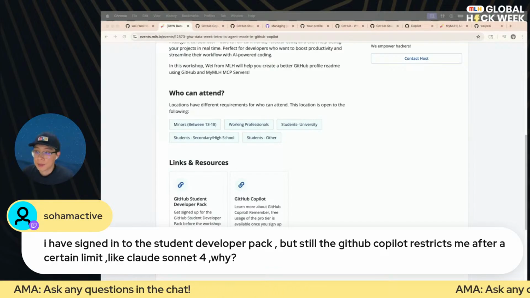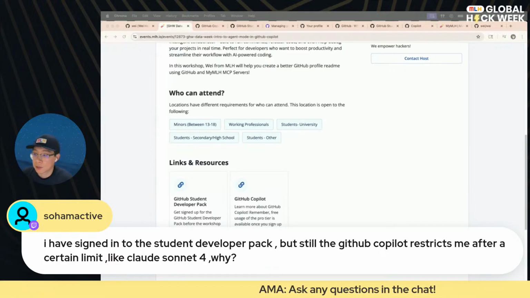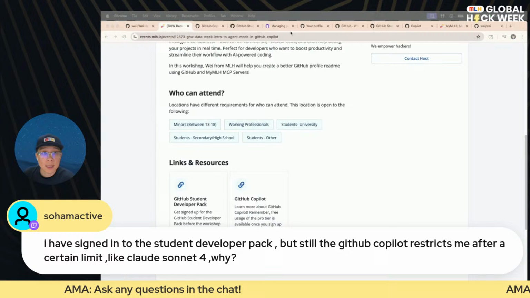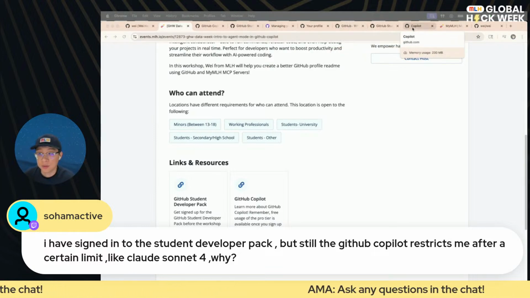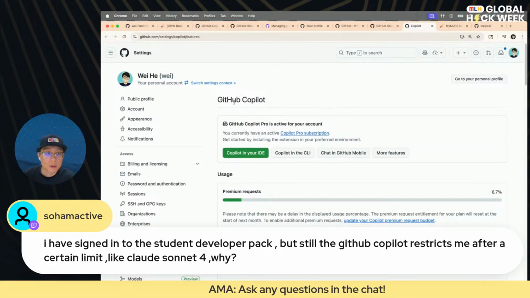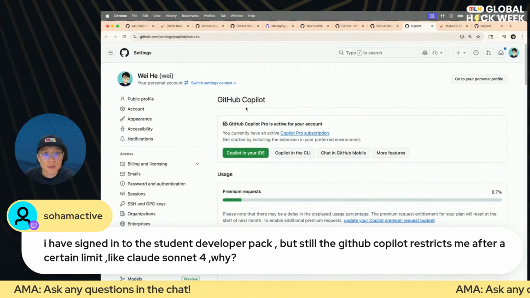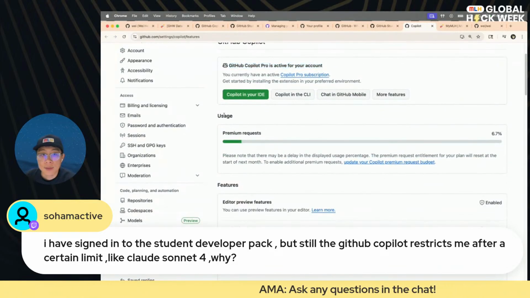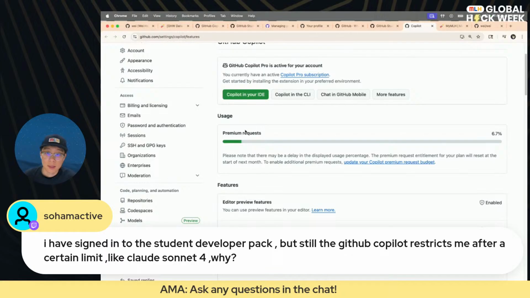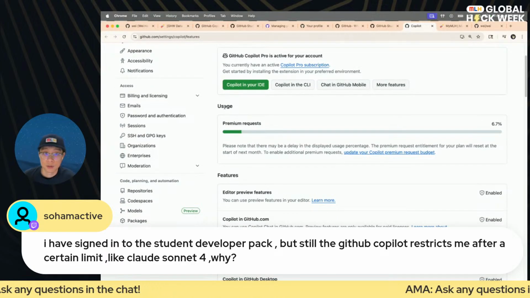All right, so here's another question. I have signed in to the Student Developer Pack. Why does GitHub Copilot restrict after a certain limit? Yeah, so there is still a limit. Let's actually take a look together here. Once you activate your Student Developer Pack, if you go under Settings, Copilot, you'll see this screen. Copilot Pro is active for your account, and there's going to be a usage section as well. So I think what you're talking about is you have hit the upper limit of your usage.